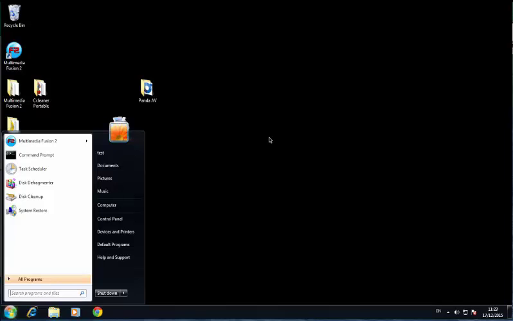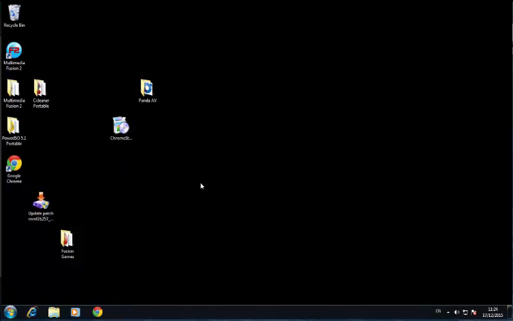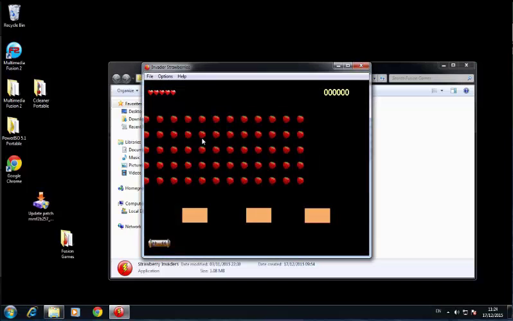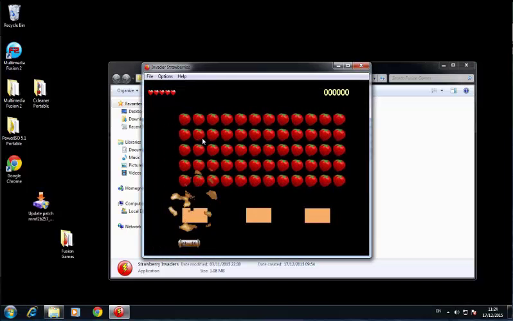Hello there, welcome to the first of a series of videos that will help you create a Space Invaders type game in an application called Multimedia Fusion 2. I can show you the finished product, which is located in this folder here, which I've got on my desktop. There we are. We called it Strawberry Invaders, because I've substituted the standard Space Invader for strawberries, and